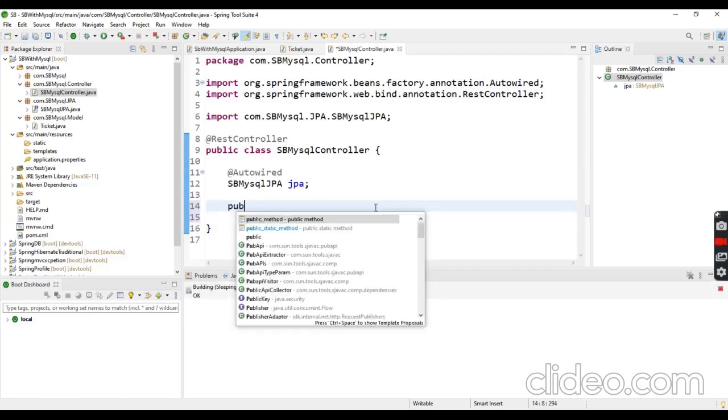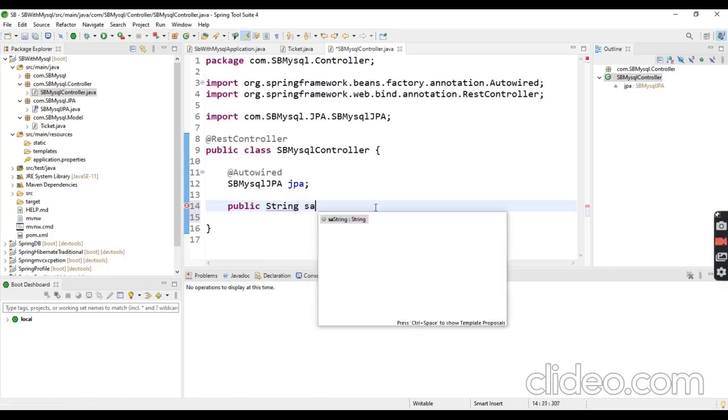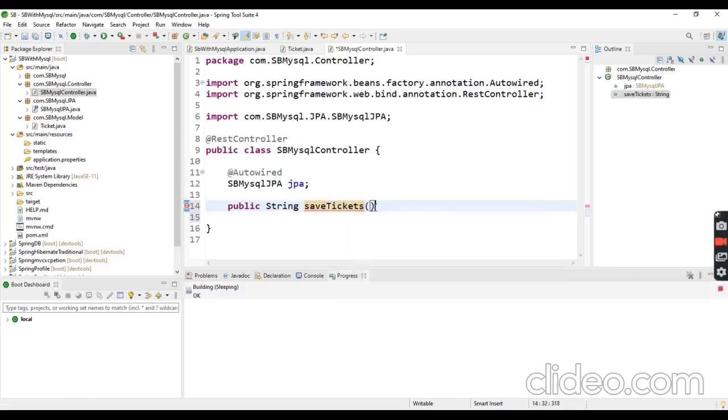Let's create the POST method first. Public, I'm going to return a String, saveTickets.